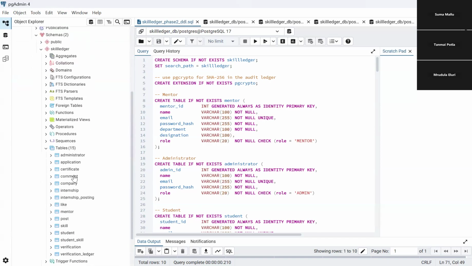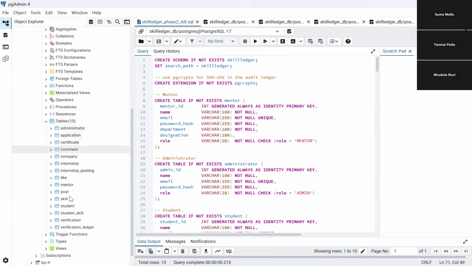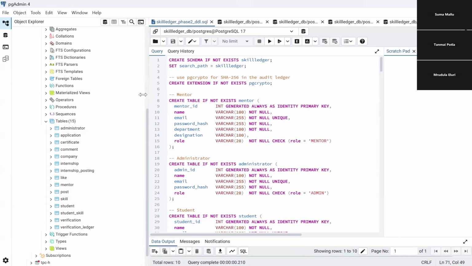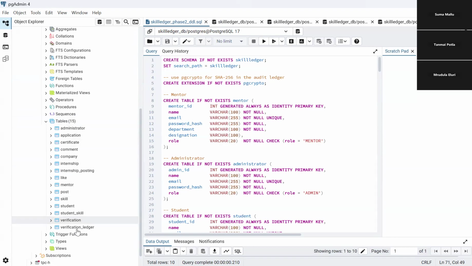As you can see here, our schema includes all major entities from our ER diagrams: student, mentor, administration, skill, student skill, internship, verification, certificate, verification ledger, company, internship posting, application, post, comment, and like. Each table has been defined with appropriate primary and foreign keys, check constraints, and data types to maintain data